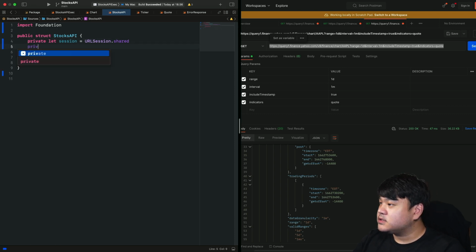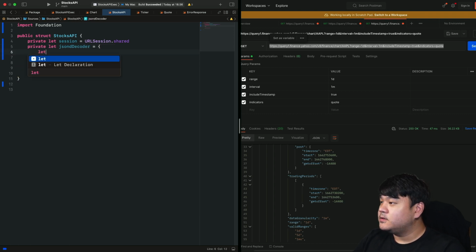And the second one is JSON decoder. Let's initialize this using a lazy closure. Let decoder initialize JSON decoder